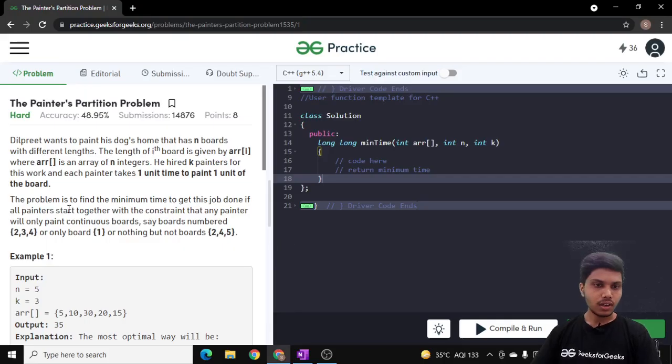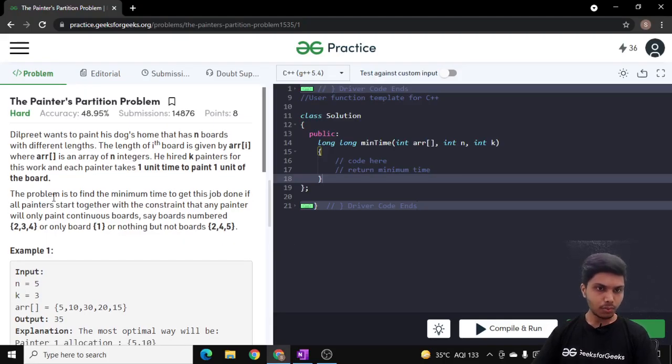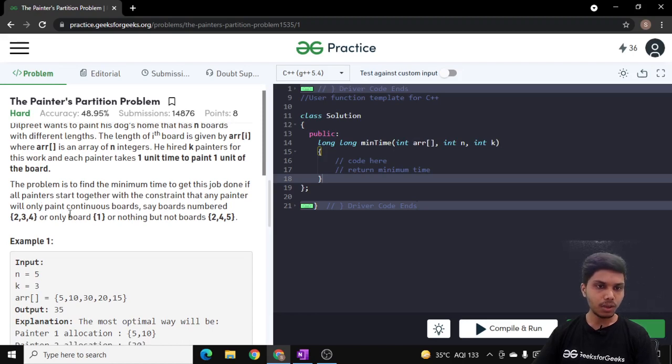Okay, let's read. The problem is to find the minimum time to get this job done if all painters start together, with the constraint that any painter will only paint continuous boards, say boards number 2, 3, 4, or only board 1, or nothing, but not boards 2, 4 and 5.